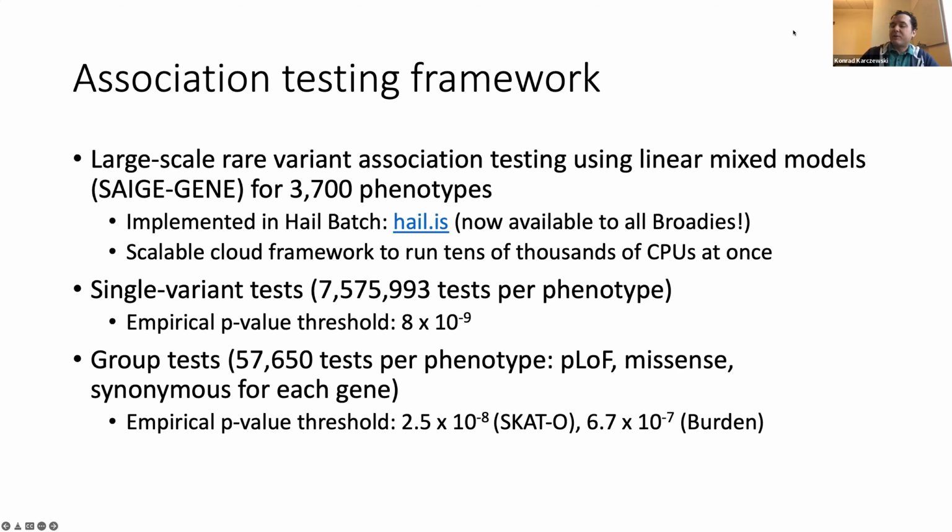Yeah. So the pipeline that we use, it's actually a great slide to be on. This is probably the best slide I could have landed on. We use SAIGE-GENE. Under the hood, SAIGE is a generalized linear mixed model pipeline that uses a saddle point approximation to speed things up, especially for rare variants. SAIGE is a really nice tool for this.